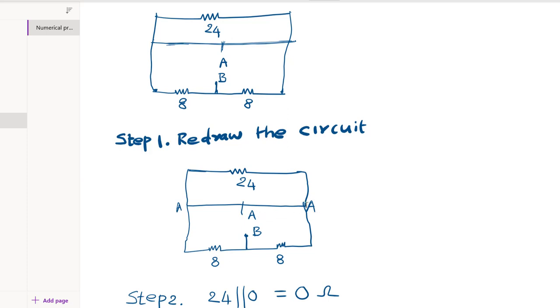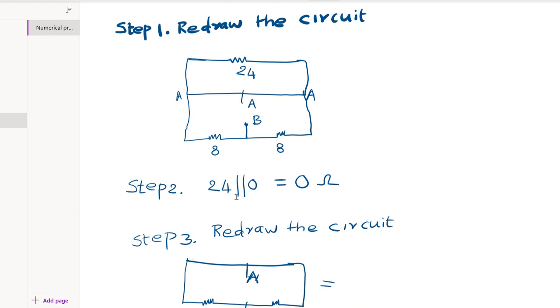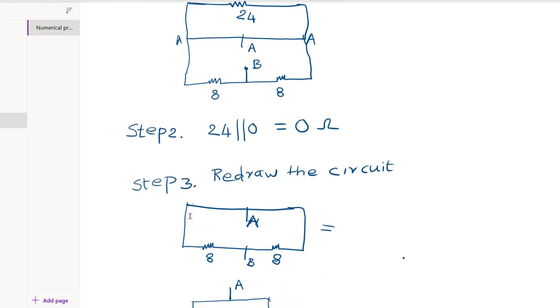So now if you observe properly, this is a zero resistance line or branch, and this is the 24 ohm branch. So both are in parallel. So once we calculate the resultant of a short wire in parallel with the 24 ohms, we get 24 in parallel with 0, means 24 into 0 divided by 24 plus 0, that is 0 ohms we get, means we simply get a short wire like this. So that 0 ohms we can represent with a wire like this.